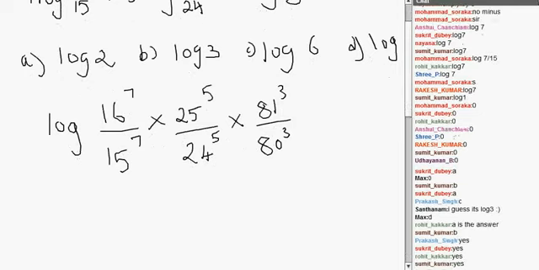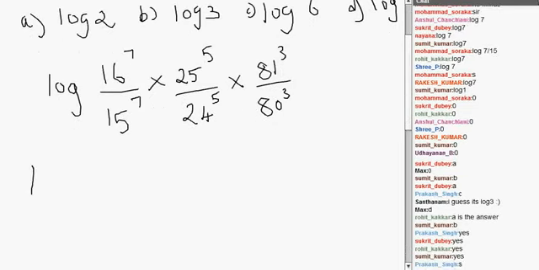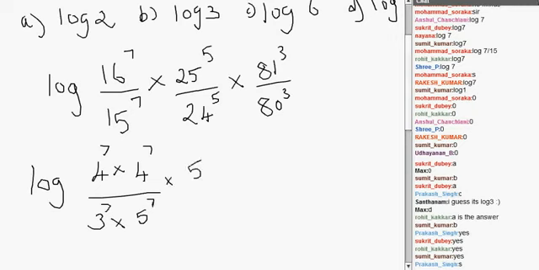But again, the problem is the numbers are very big. So we need very careful simplification. Let us split the numbers. 16 can be written as 4 into 4. Then each will have power 7. 15 can be written as 3 into 5. Then each will have power 7. Correct? Into 25 can be written as 5 into 5. Each will have power 5